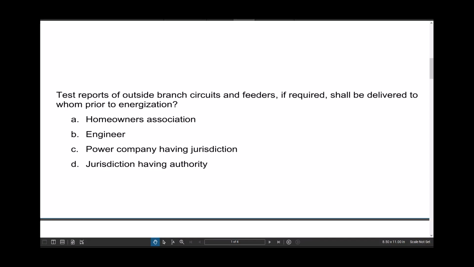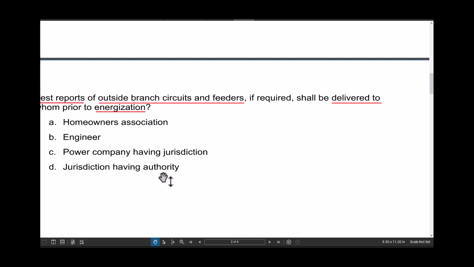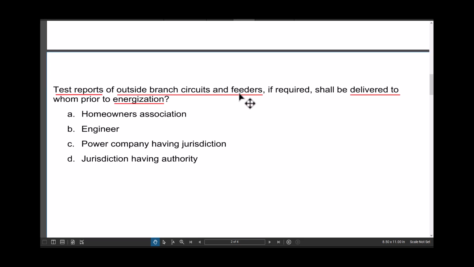Question 6. Test reports of outside branch circuit and feeders, if required, shall be delivered to whom prior to energization? A. Homeowners Association. B. Engineer. C. Power company having jurisdiction. D. Jurisdiction having authority. If we highlight what we're looking for, it should be test report prior to energization and for feeder or branch. And if we highlight it, we actually have test report outside branch circuit and feeder delivered to whom and energization,